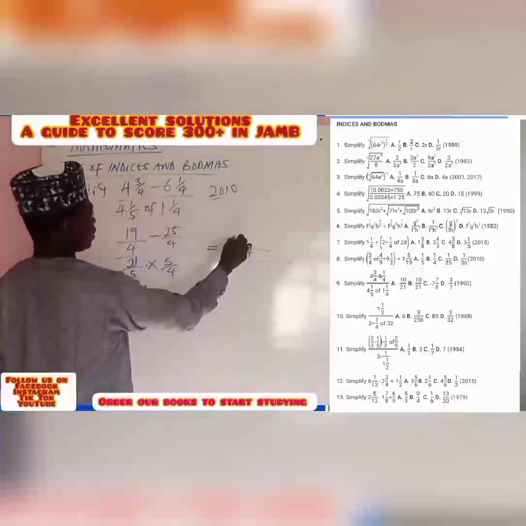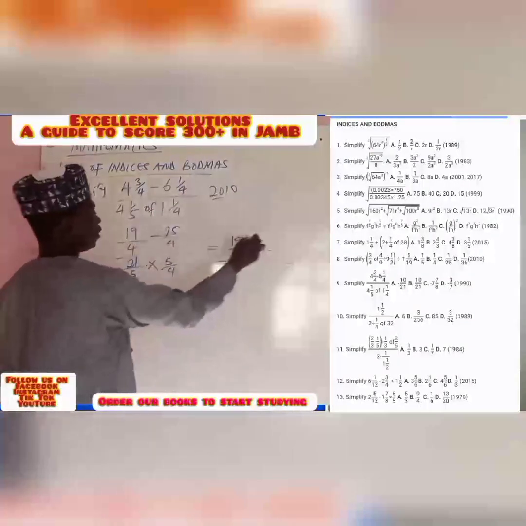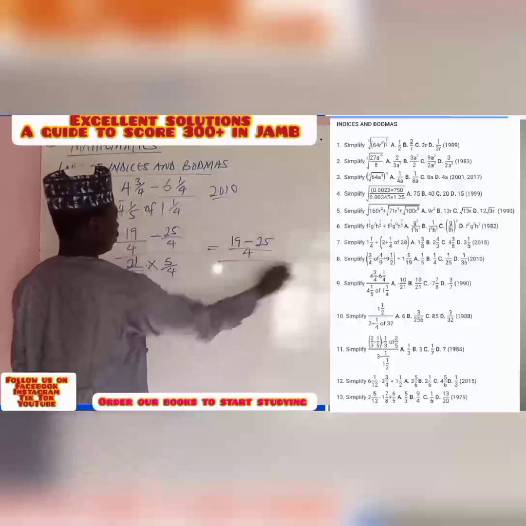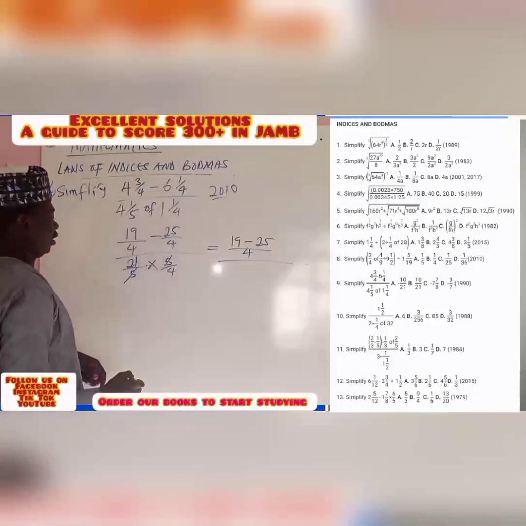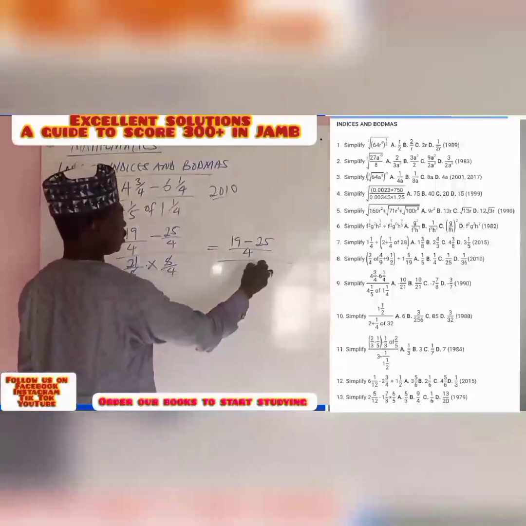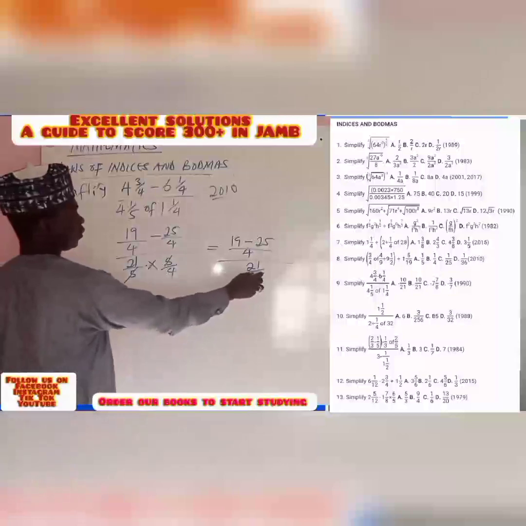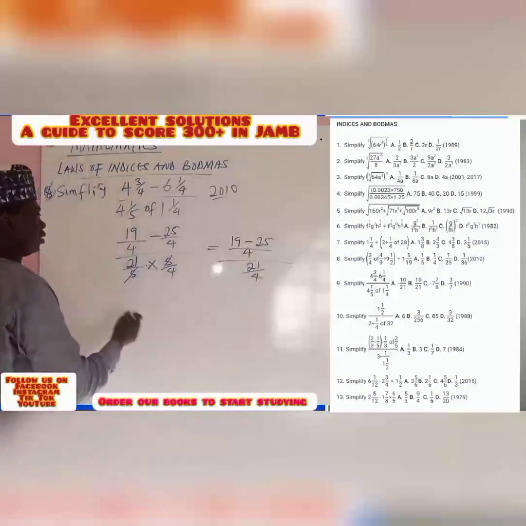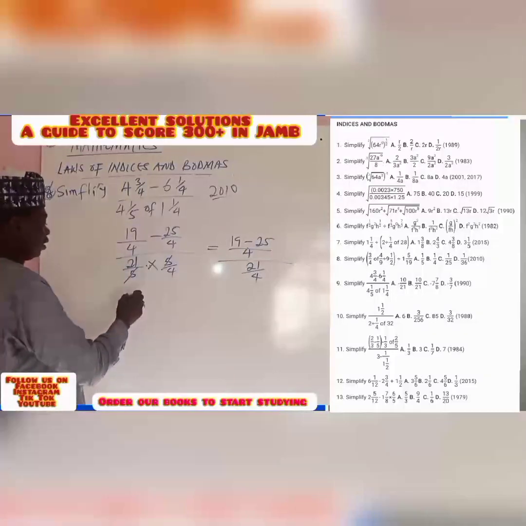1 times 19 is 19. Minus 4 divided by 4 is 1. 1 times 25 is 25, all over this one. 5 here, 5 here cancel, so we now have 21 over 4. If we take reciprocal, 4 can cancel 4, but we can take reciprocal. So this is the same as saying 19 minus 25 is minus 6